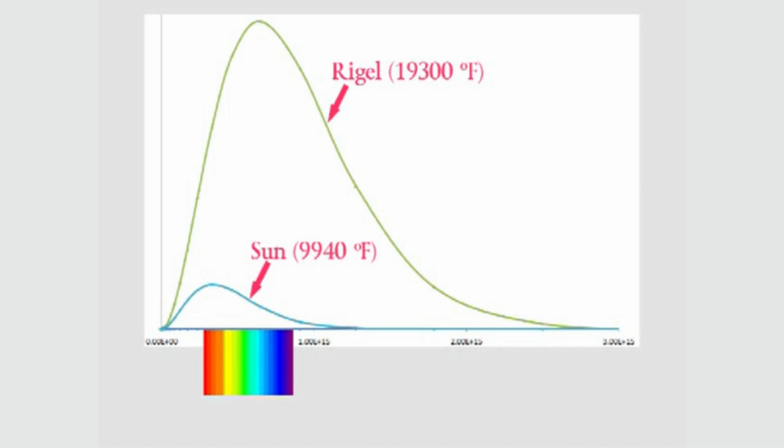You'll also notice that Rigel's curve is way higher than the sun's. That's because Rigel's much brighter, as you might expect, because it's also hotter. Planck's equation predicts that too. In fact, this graph actually shows three plots. It shows the one for Rigel, it shows the one for the sun, and it shows one for the human body, which I showed you earlier. It's way down here in blue. It looks like a flat line here because the peak is so much smaller than the one for the sun. That makes sense since you're not as hot as the sun is, and you don't glow as brightly as the sun does.